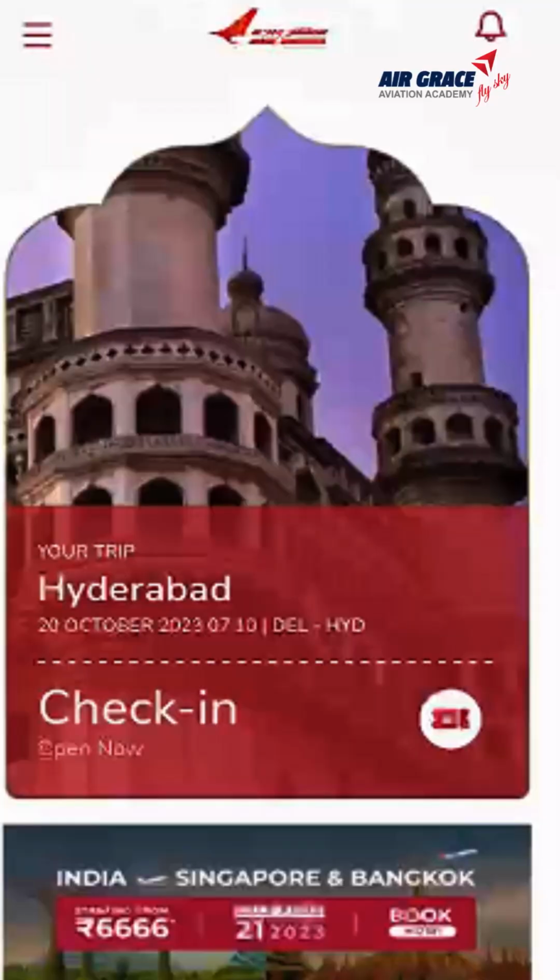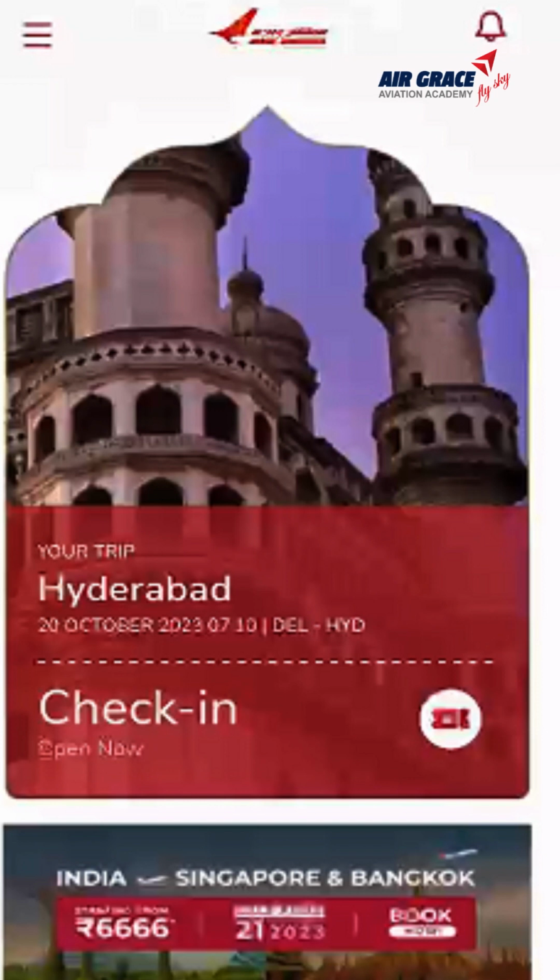This prompt only appears if the booking is within the check-in window. The check-in window usually opens 24 hours before the departure and closes 2 hours before the departure. It means if your flight departure date is after 15 days from today, you cannot check in today. However, once the flight departure is within 24 hours, the check-in window opens where you can perform the check-in